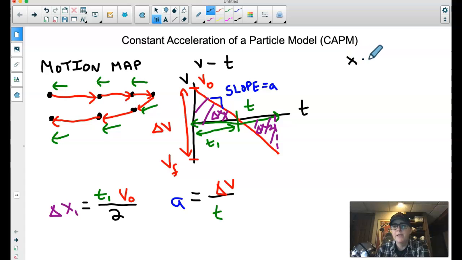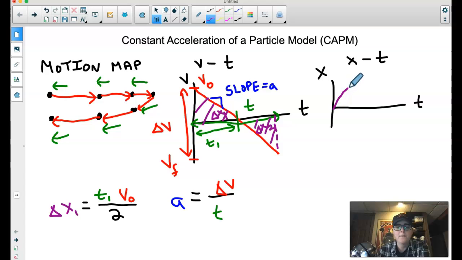We also made some use of position versus time graphs, where the slope of your position versus time graph is your velocity. In this case, since the velocity is changing, the slope has to change. So I have to start out with a large positive slope, and I have to go towards a slope of 0. So like right here would be my slope of 0. And then my slope has to become negative and go to bigger and bigger values. So I end up with a parabola like that, where